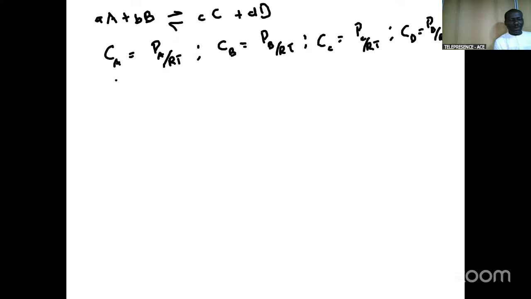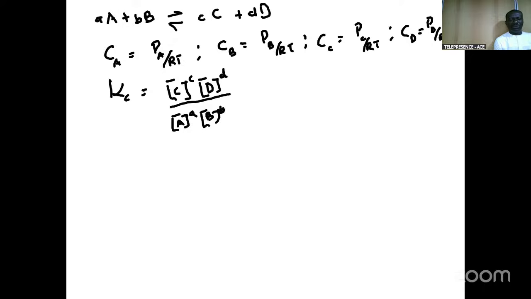Now, the equilibrium constant expression for this reaction, Kc, will be equal to [C] raised to the power of c, [D] raised to the power of d over [A] raised to the power of a, and of course, [B] raised to the power of b. If I substitute for the concentration terms, I'm going to have here